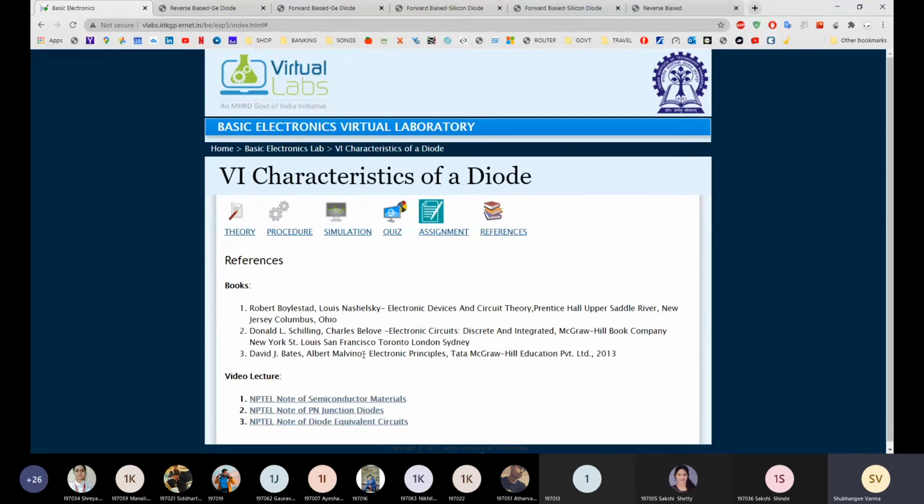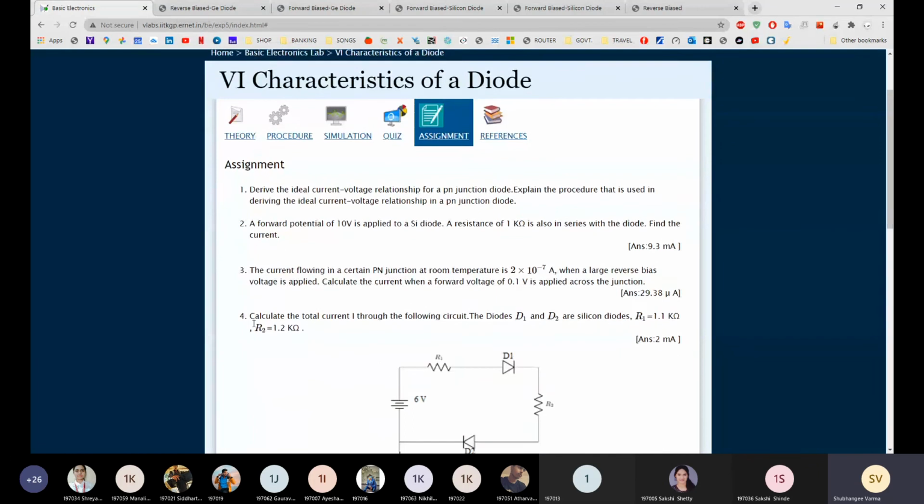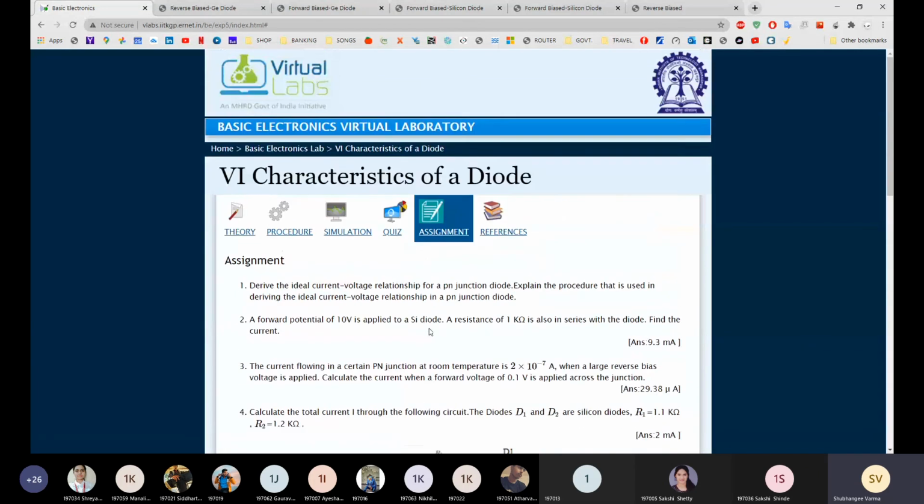Then David Bell's book, Electronic Devices and Circuits. You can refer to these books to solve questions 2, 3, 4, and 5. Any query in this experiment?